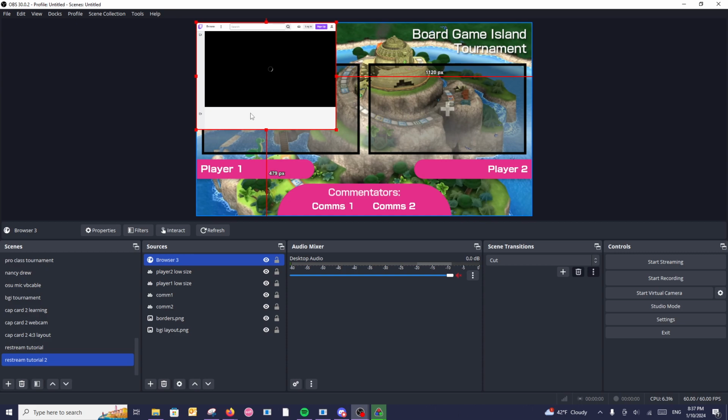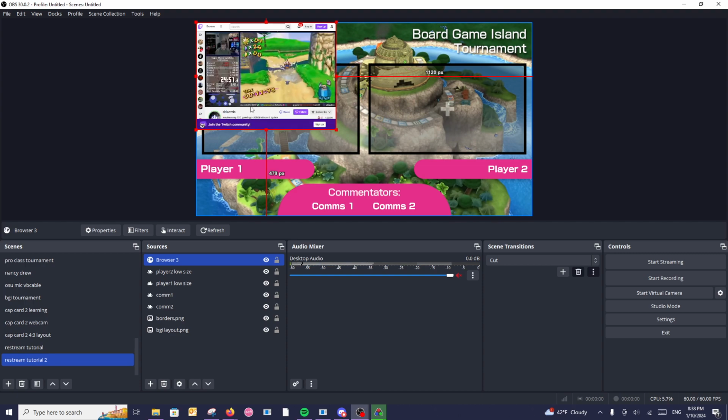Wait for it to buffer. This is the drawback of using browser capture. It might take a little while. So it looks like we're good. And yeah, so